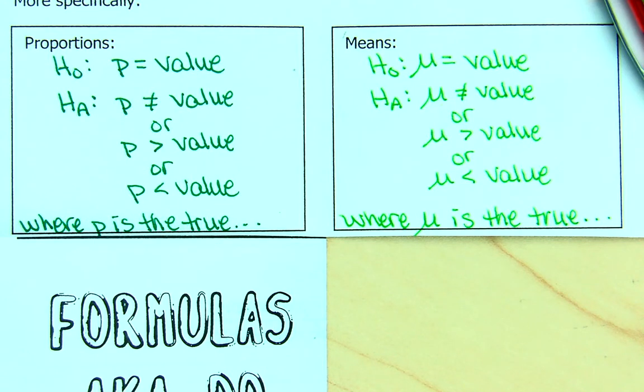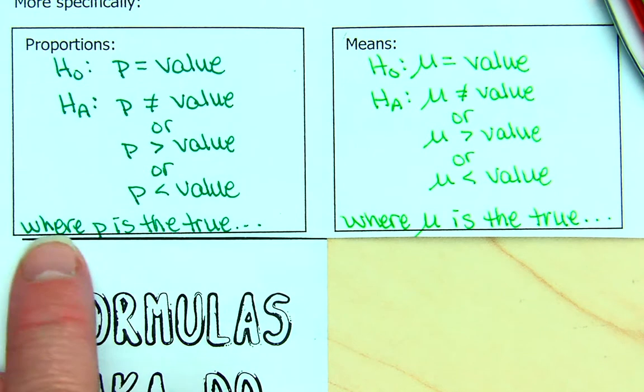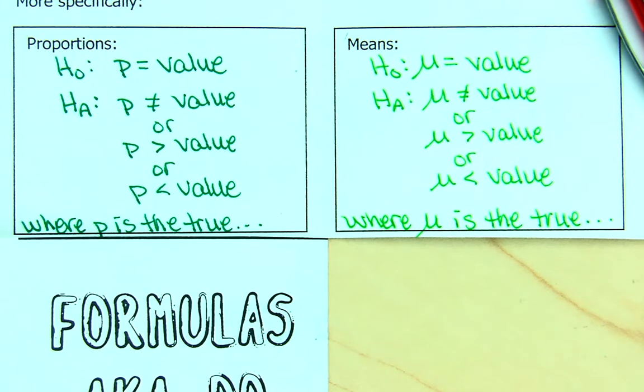Sometimes, if you're looking online or in your textbook, instead of this being written out as an equation or an inequality, they'll write it out in sentence form. They usually do that instead of defining the variable here. They just write it out in sentence form up here. The true proportion of people who prefer the color blue is 40% or whatever. And they'll write it out like that instead of defining the variable and then writing it as an equation. Either way is fine. You may just see different approaches to it. It's really kind of a personal preference thing, whichever way you